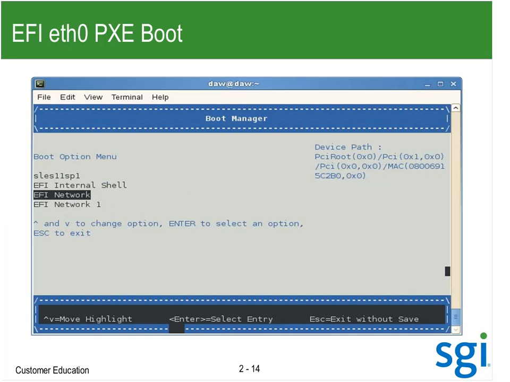I want to drop down and down arrow to EFI network. And again, if your down arrow isn't working, your terminal doesn't understand it. And you might try getting out and avoiding Xterm, for example, or just trying to reset your terminal. If I am on a SMN with SMC running, then I want to boot off of Network 1. And your systems might have Network 1 higher in the list than Network, because the last class on these UVs, I believe, was a SMN class, SMC class. So we want to down arrow to the EFI network, which is ETH0,